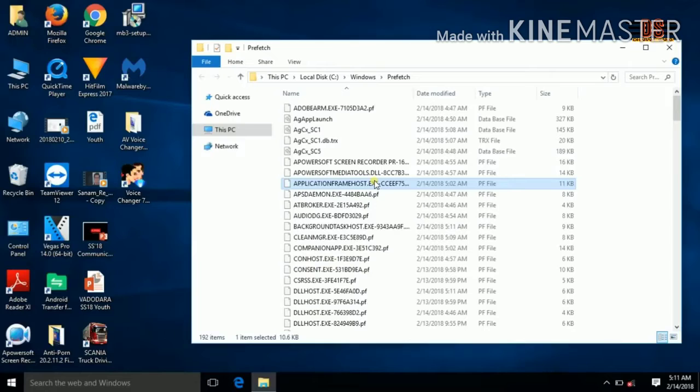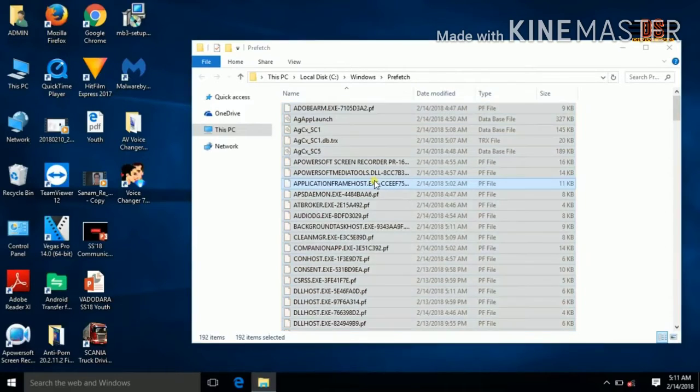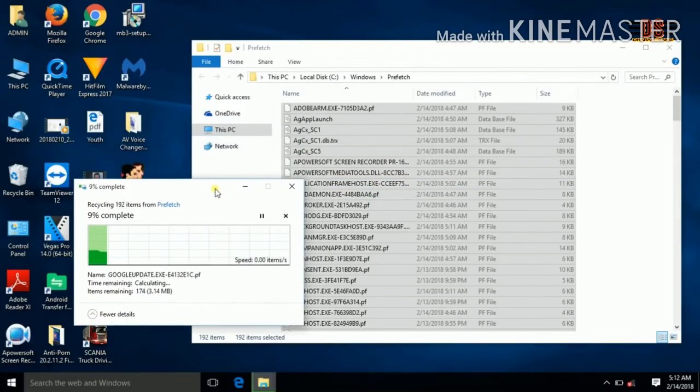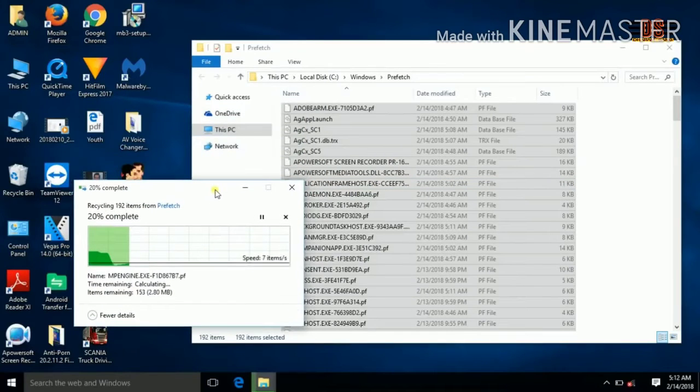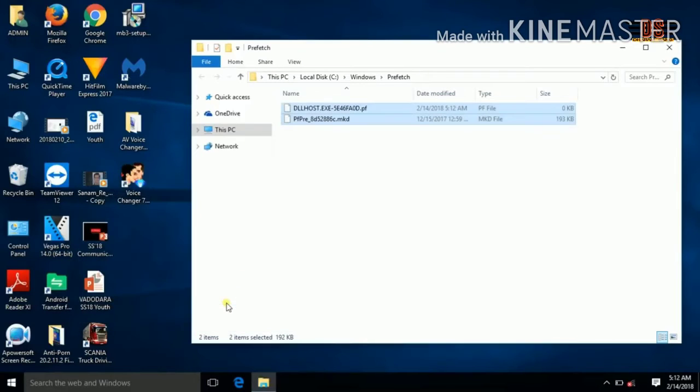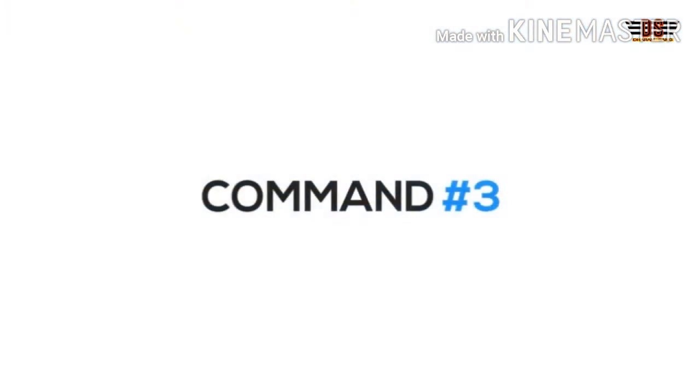Here we are cleaning the C drive, because all the program files are in the C drive only. By pressing Ctrl+A and the delete option, you can delete all the files which contain malware by the prefetch option and clean it. That process is going on, that's why these two files are here.